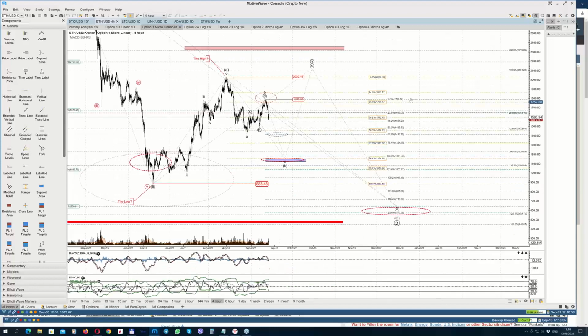More details. This count supposes that we're tracing a corrective pullback within the wave C of B. But this count still leaves some questions. The initial move to the downside is pointing to the 1413 region as the initial target on the way lower. If this region is reached in 5 waves, then the next target would be reasonably projected towards the 573 area. So far, I'm going to watch the reaction to